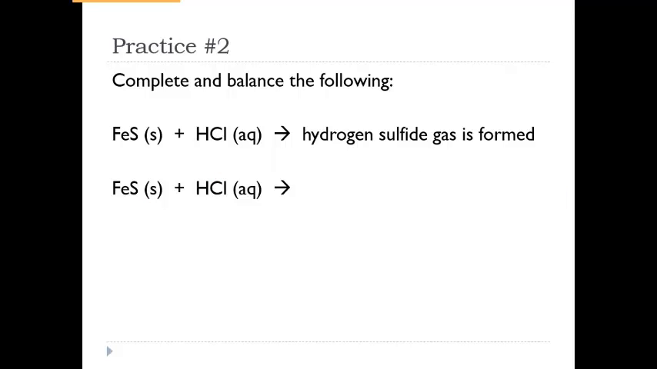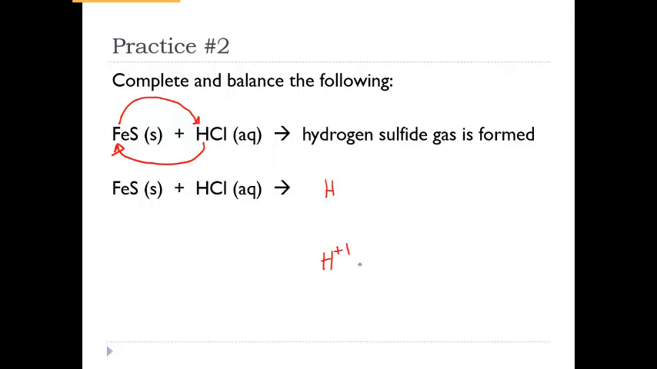Now if we do another practice problem, this one again is also telling us what we have. Forming a gas is one of the 3 possible products, and this one tells us that hydrogen sulfide is the gas that's going to be formed. So again, it's double displacement or double replacement, and so the iron and the hydrogen are each going to trade places to form two new compounds. So we have hydrogen with a +1,